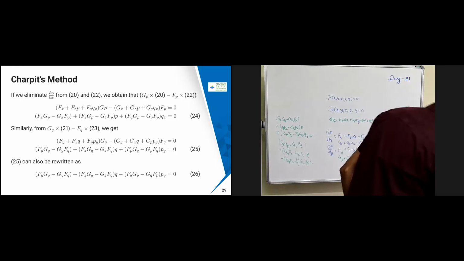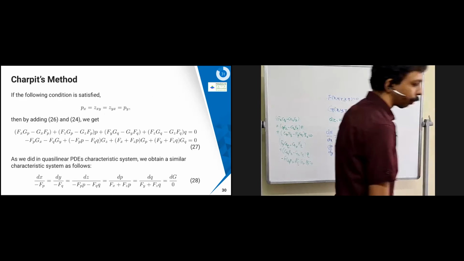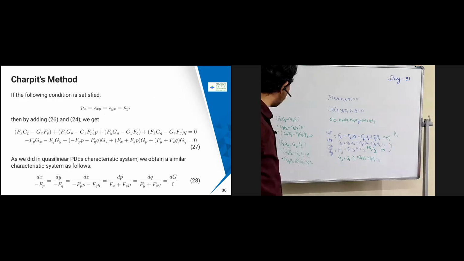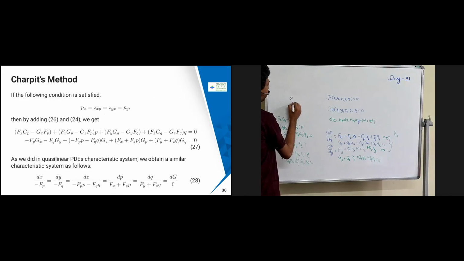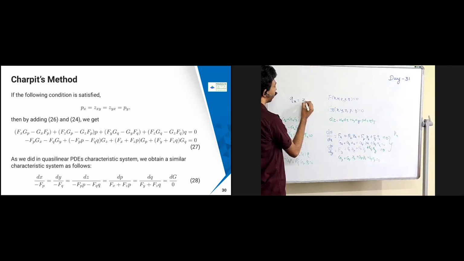Now what we are going to do, next step, so we know this one, Px is nothing but, what is Px? Px is nothing but Zxy, and that is going to be Zyx, that is going to be Qy. And what is Qx actually? Q is nothing but Zx, right? Q is nothing but Zy. So if I am just differentiating with respect to x, this is going to be Zyx. So I am just assuming that Zyx and Zxy are same. So this is going to be like Zxy.